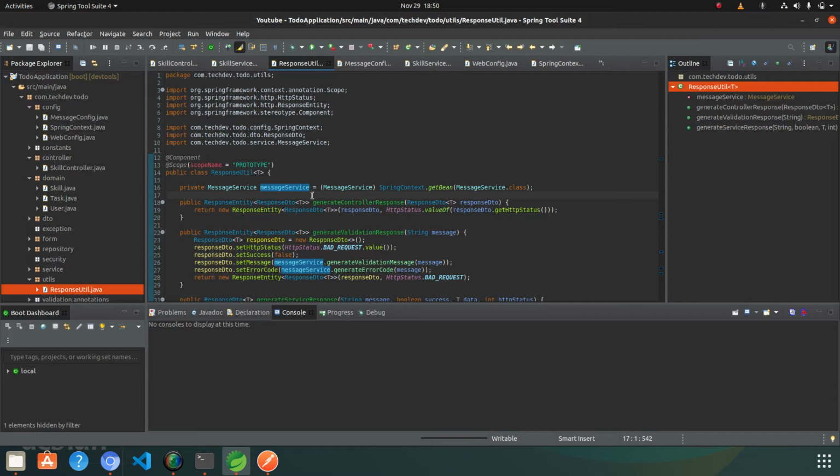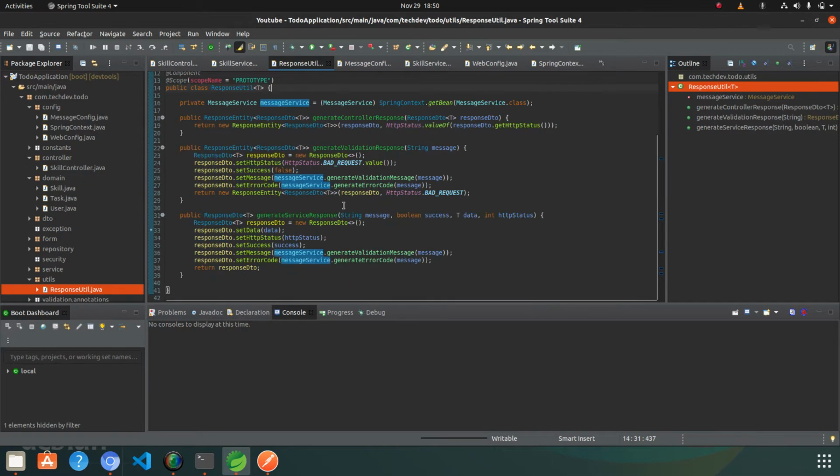So you can say in another simple way that if you want to access the Spring bean object in your non-Spring class, you can still use the same thing that I have shown you about the Spring context, because I am getting that object from the application context aware. So you can get that object easily.